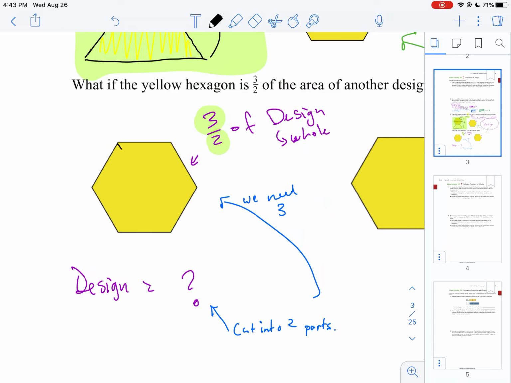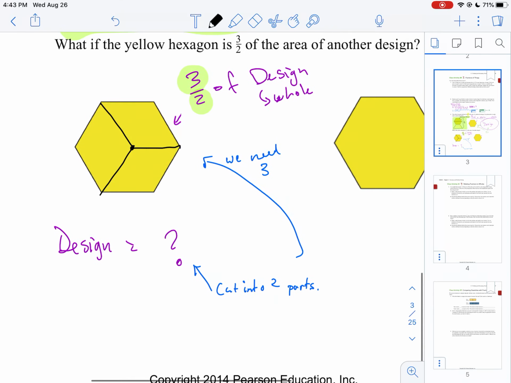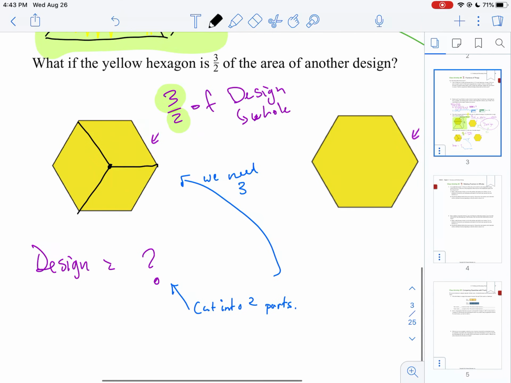If you haven't worked with pattern tiles, it might be helpful for you to cut those out that I emailed about. And it's an easy way to cut it into thirds is like this. You can see they're all the same size. So now this is 3 halves of the design. So what was the original design? Well, the original design is just,